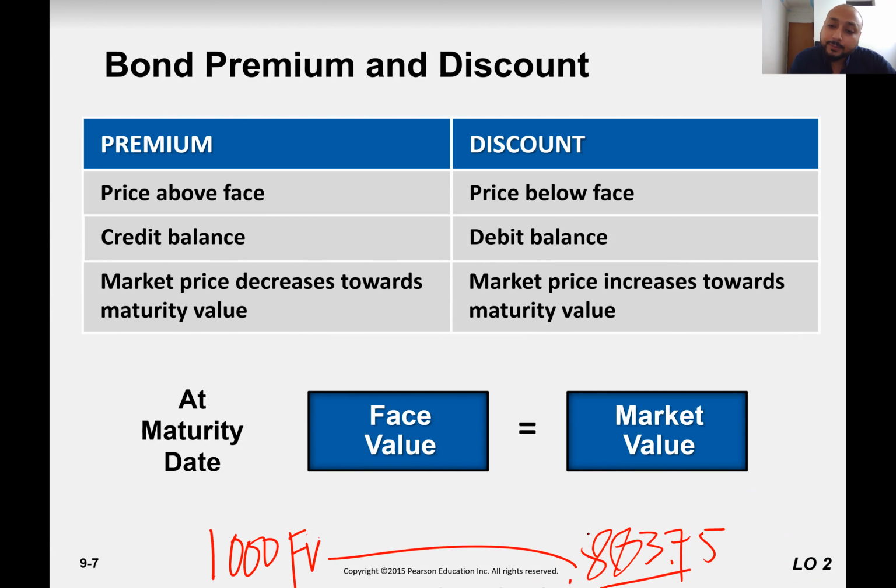So if somebody purchased this certificate, after the expiry of the date he will come to us and claim 1000. So that's why the difference here is called discount,